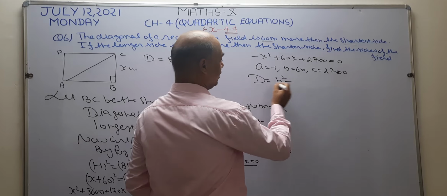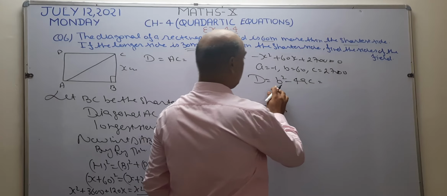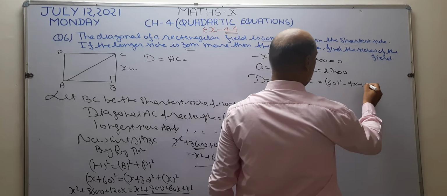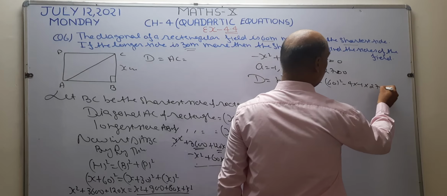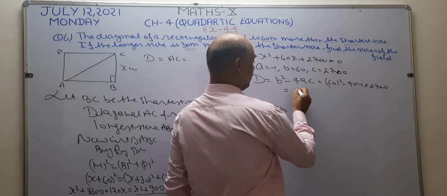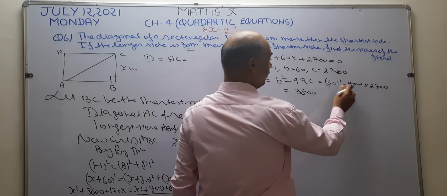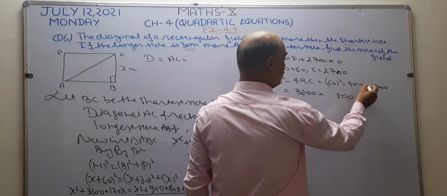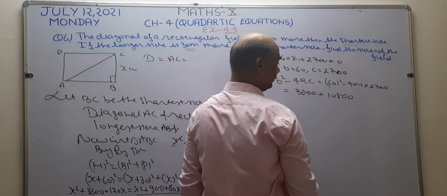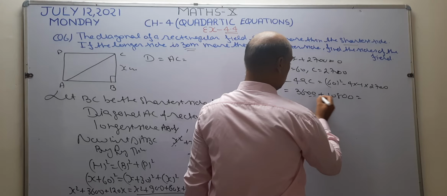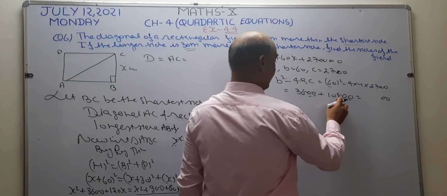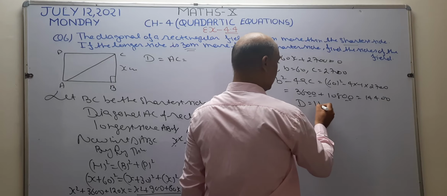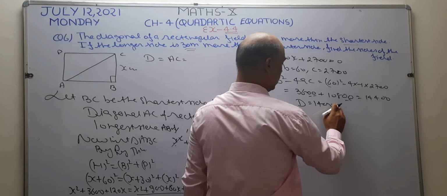As you know, the formula for finding D is b square minus 4ac. What is b? b is 60. Right here, 60 square minus 4. What is a? a is minus 1. And what is c? c is given 2700. So right here 2700. So 60 square becomes 3600. Minus minus plus. 4 sevens are 28, 2 is left. 2 sevens are 14, 2 fours are 8, 8 plus this becomes that. Okay, now I want to add these two. 0 plus 0 becomes 00. 8 plus 6 becomes 14. And this becomes 1. So it becomes 1400.